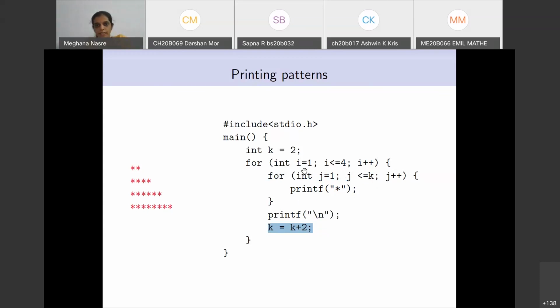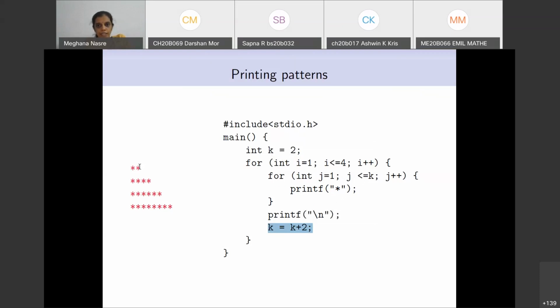Now, many of you have observed that this k is not really independent of i. k is exactly equal to 2i when you go into this loop. So this is also something which is a loop invariant. This k is always going to be equal to 2i. Therefore, you can avoid using this new variable k. You can reuse the variable and say for int j equal to 1 to j less than or equal to 2i, j plus plus, then print this asterisk, and you get rid of k equals k plus 2, because that is redundant. k in fact is not required throughout the code.